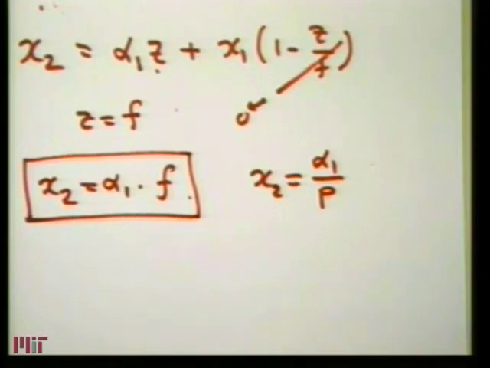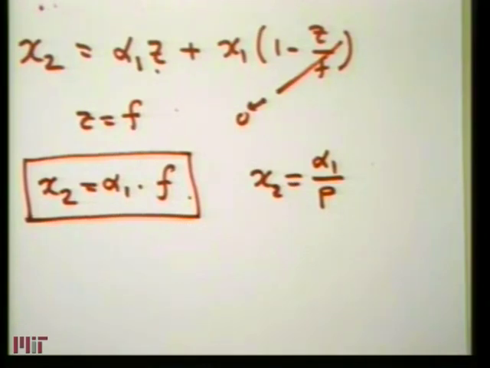So the power is kind of like a lever. It tells you, as you change the angle alpha 1, how the elevation of the focus changes with respect to the optical axis. So it is basically a gain, or a transduction amplification or something like that. It tells you, as you change the angle at which the rays arrive into the optical system, how the focus moves with respect to the optical axis. Okay.